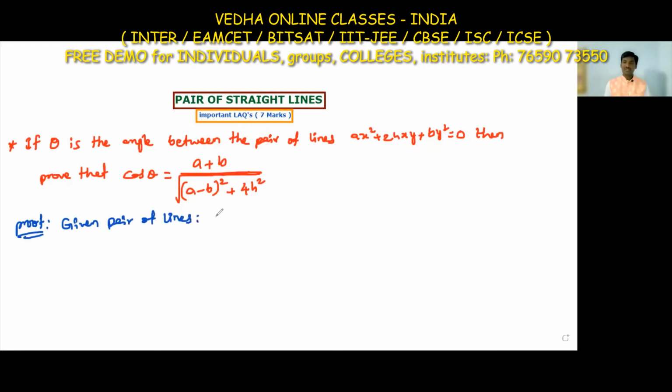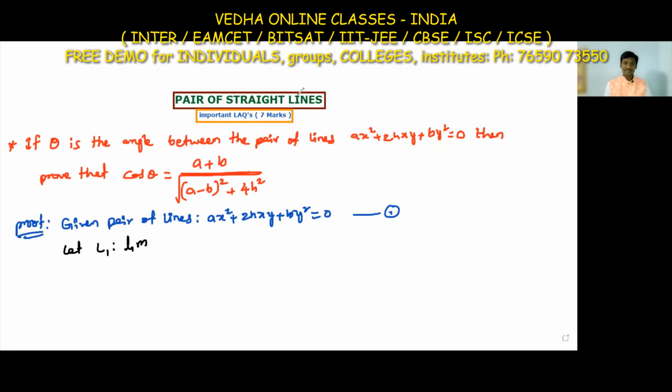So what is the given pair of lines? The given pair of lines is ax square plus 2hxy plus by square is equal to 0, equation 1. Now here it is a homogeneous equation, and let me take the lines. Pair of lines means the product of two lines. Let L1 be a line, so L1x